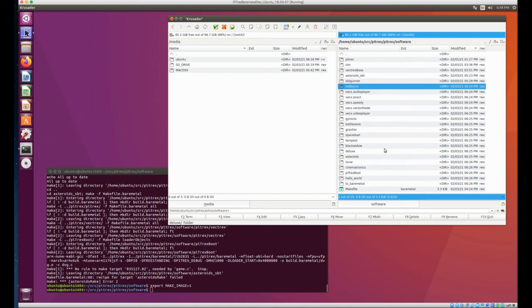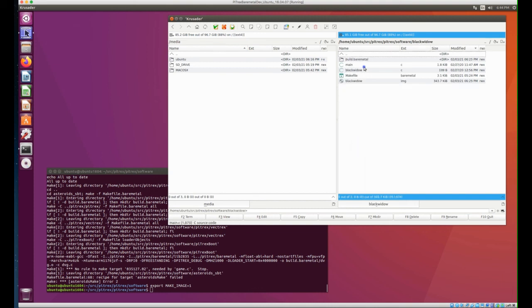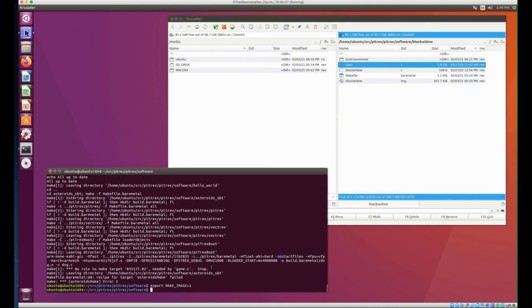And since this is not a camera I'm recording it with, but a tool on my Mac, I cannot show you the Vectrex. So this is it. Go to a directory, edit a file, go to the directory with a command line, type make -f makefile baremetal. Then this image is